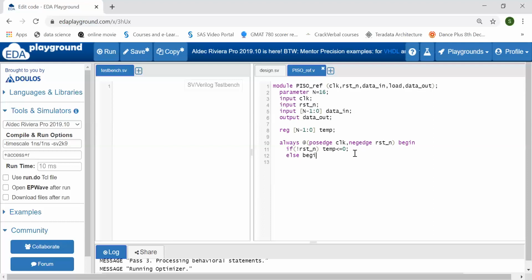Else begin. Same, if load, then temp is equal to data in, else temp is equal to, see what logic I am going to write. First I am giving 1011, then my data will be 0101. The first data is 1011. So what is happening here?